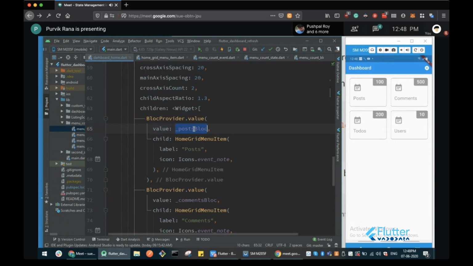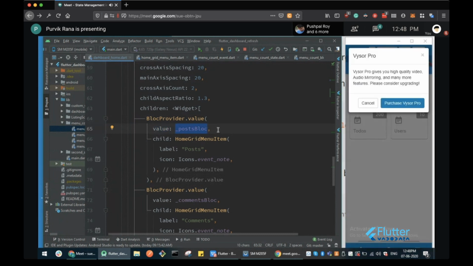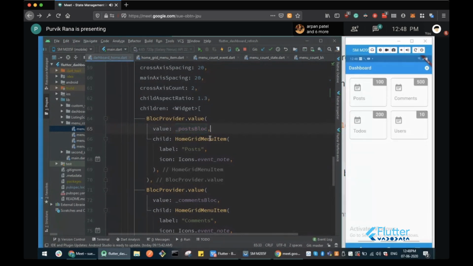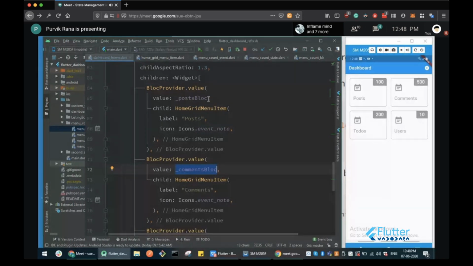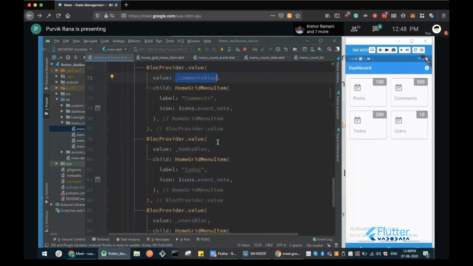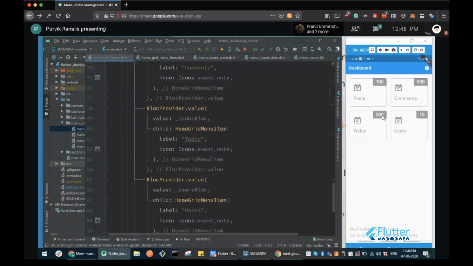I'm explaining one component, but in the same way different local blocks are associated with the four views: the post block, the comment block, the todos block, and the users block, each associated with one of the four components.